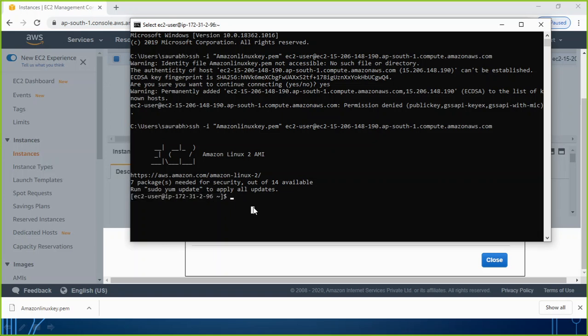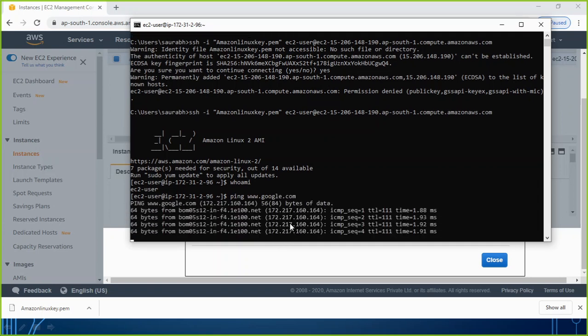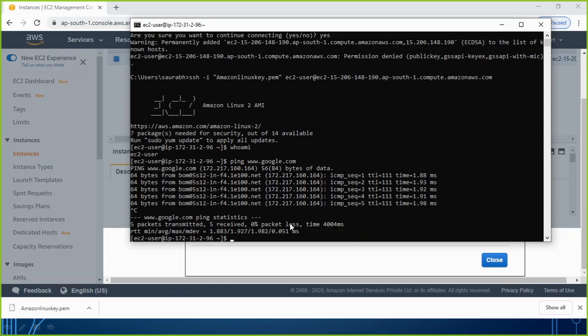I can show you whoami. This is a command which we run on a Linux machine. It will tell me my user ID, ec2-user. That's the default user ID created on your Linux instance. If I want to check whether this machine is also connected to the internet, I can check like ping www.google.com, and I can see this machine is having a connection with the internet also.